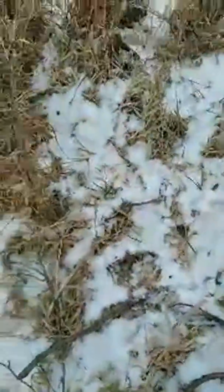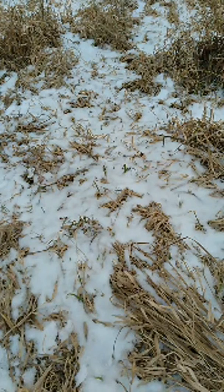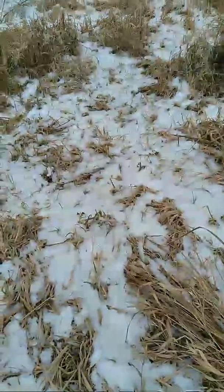If a deer jumped like that, I would be able to see hooves. A deer could jump that, but they don't look like deer tracks. Let's see if I can see the comments. I don't have it on. Uh-oh. Okay. Let's check the...